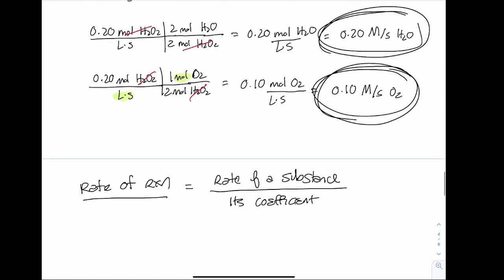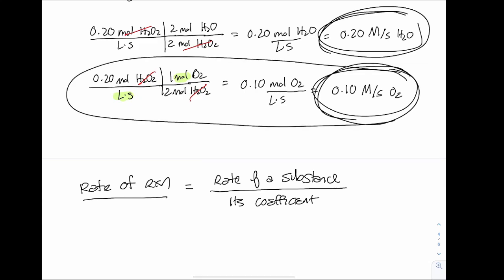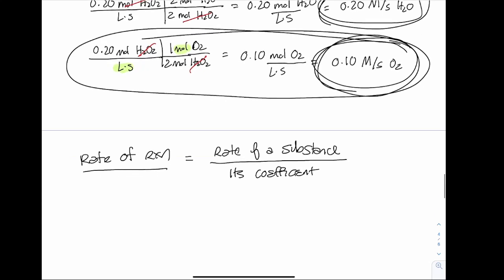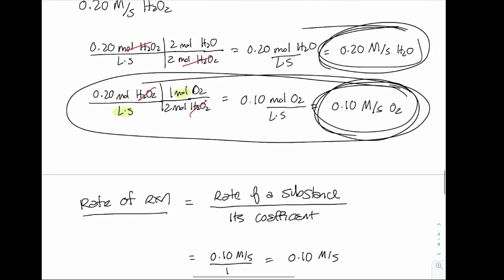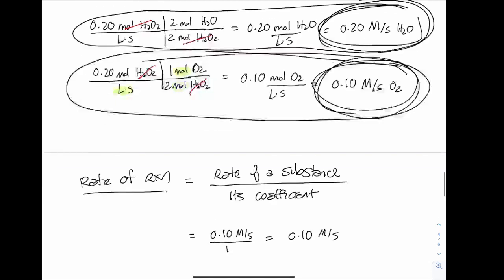We could use either one. So let's look at oxygen here. The rate of my reaction, I have 0.10 molar per second. The coefficient in front of oxygen is 1, so the rate of my reaction would come out to be 0.1 molar per second. If I wanted to use water instead, water is right here,